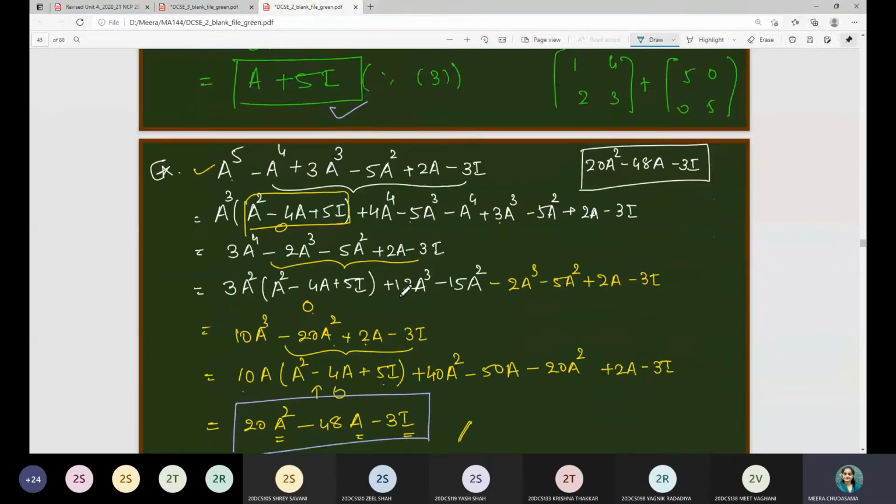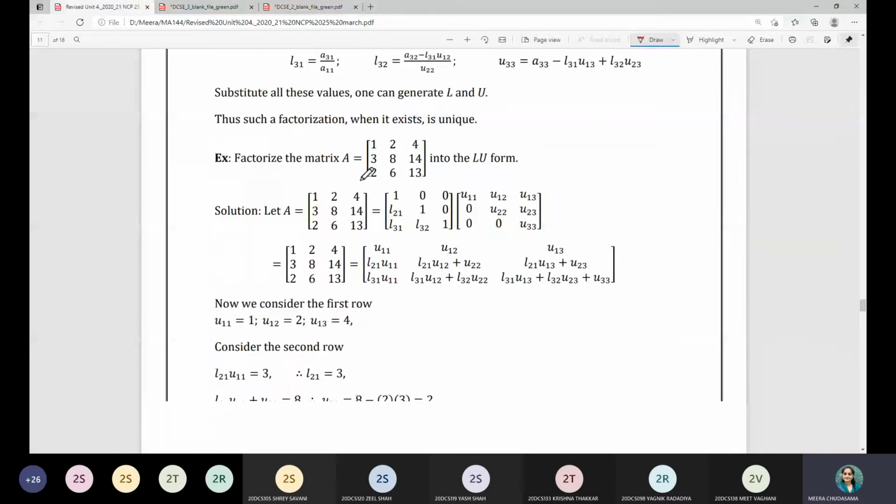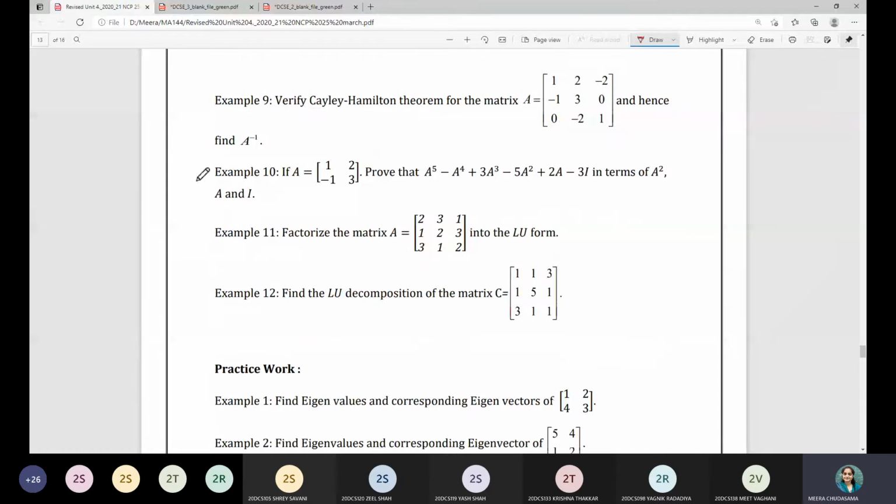Similar to that, we have considered one more example, which one was, let me just show you. Yeah, here we have considered this example, which is for 1, 2, minus 1 and 3, for which we are asked to convert this fifth degree polynomial in terms of A square, A and I. I am going to give you another method to simplify this higher power in terms of the other linear or quadratic polynomial, and for that you just go through your notes and let me know which characteristic equation we found for this particular matrix.